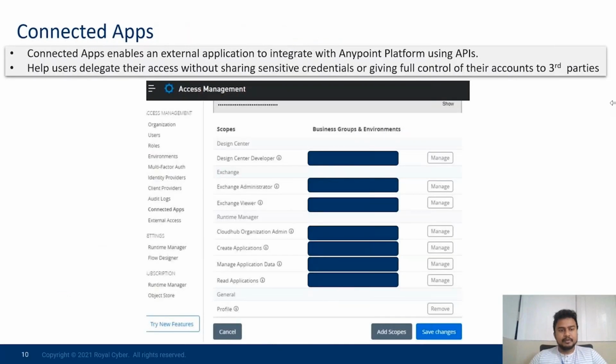For our demo, we are using connected apps to establish the connectivity between Azure DevOps and Anypoint platform. We are using it for retrieving an API artifact from Anypoint Exchange and to perform the deployment to both CloudHub and on-premise servers. There are two major prerequisites which we need to discuss. The first one is the settings.xml file. So this is used to provide the authentication credentials for the Azure Artifactory from where we can retrieve